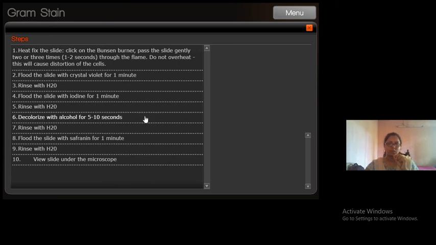So definitely it will not decolorize the gram positive organisms, and along with that it will fail to decolorize the gram negative organisms also. So in this case both will retain the primary stain which is crystal violet, and when the staining is over, when you look it under the microscope, you will see the gram positive as well as the gram negative both appears violet in color.